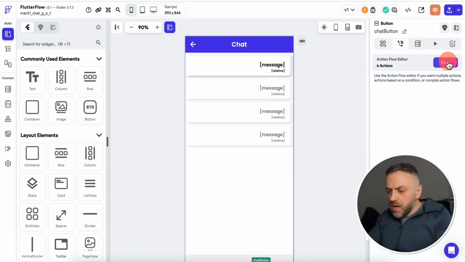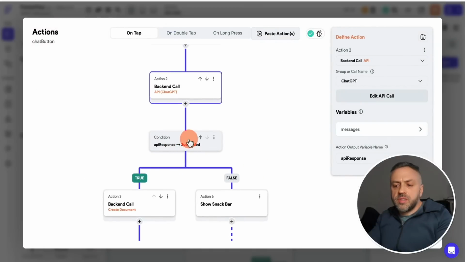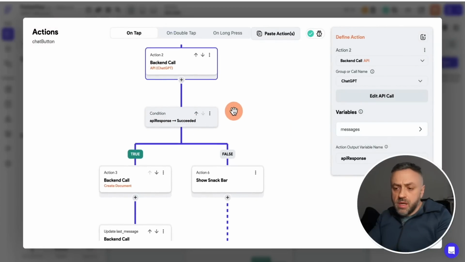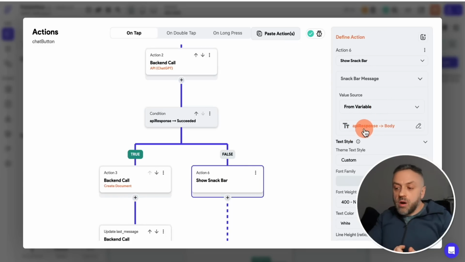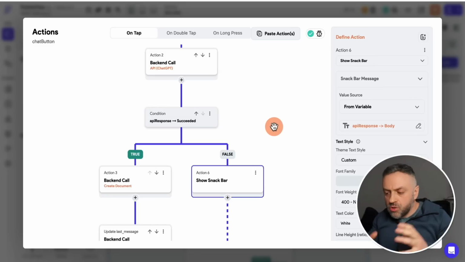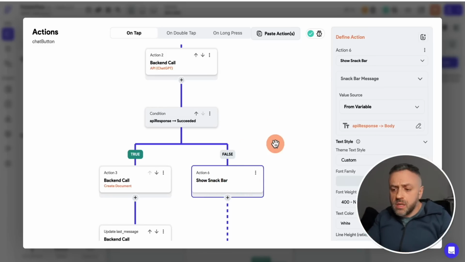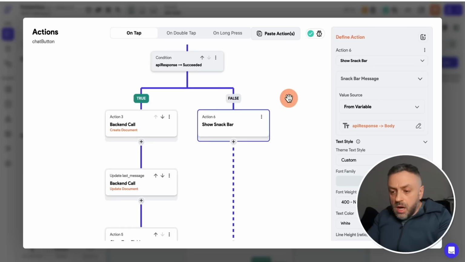And so once we've done that, if we open this back up again, we are checking if it succeeded or not. This is kind of for debugging, but it's also important in the app. If it's true, we do a bunch of things. If it's false, we show a snack bar and we display the message. Now, this is for my own debugging. I just wanted to make sure that I'm not getting any errors. In your production app, you're basically going to do something like, there was an error, contact so and so. You're not going to display the error message. If it's successful, and typically it's going to be successful because everything works here,